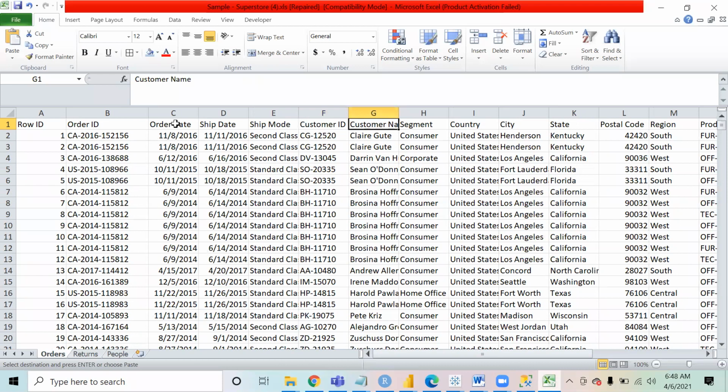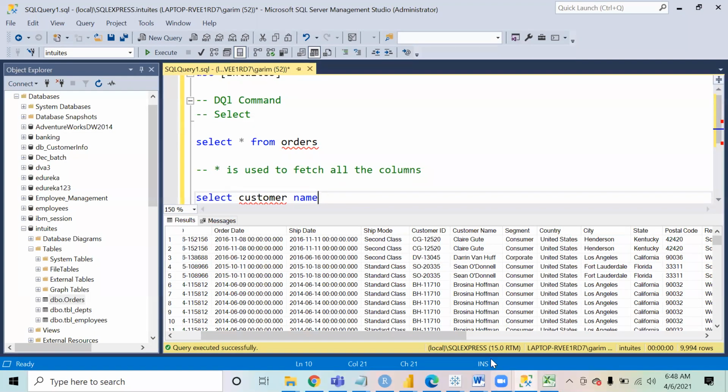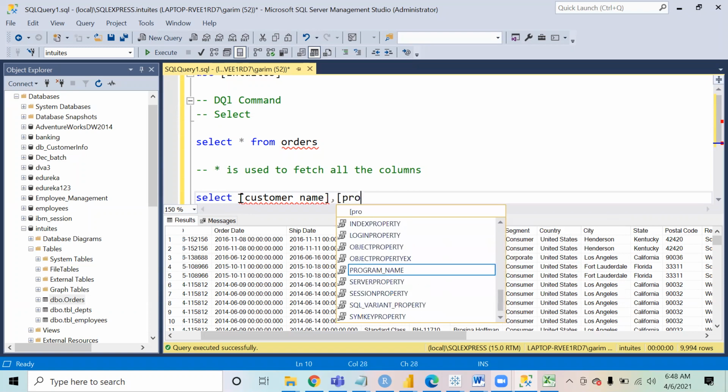In the Excel, the column name is customer name, so it has created that column with the same name, customer name. That is why there is a space. So if your column name has a space, you will have to put that column in square brackets.